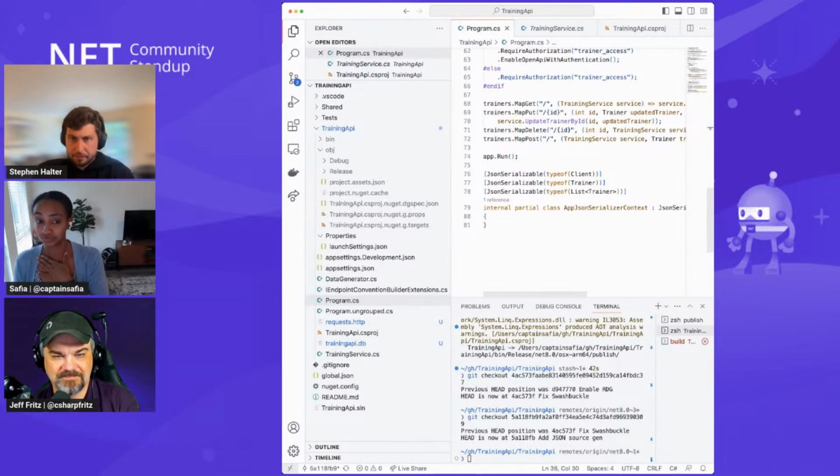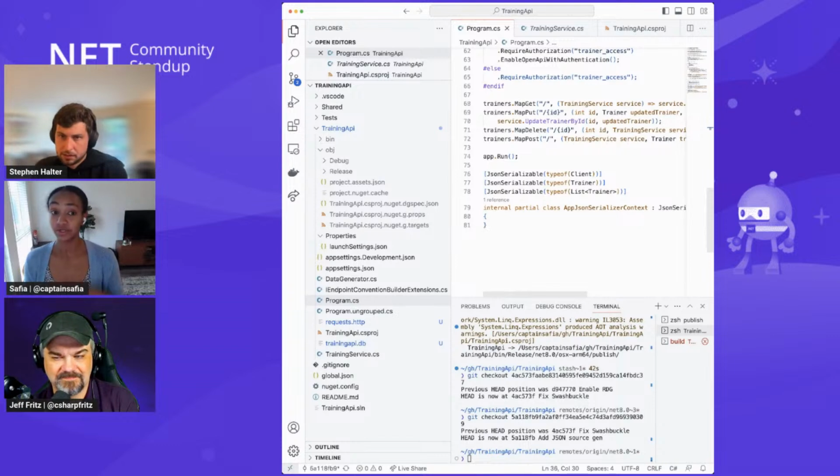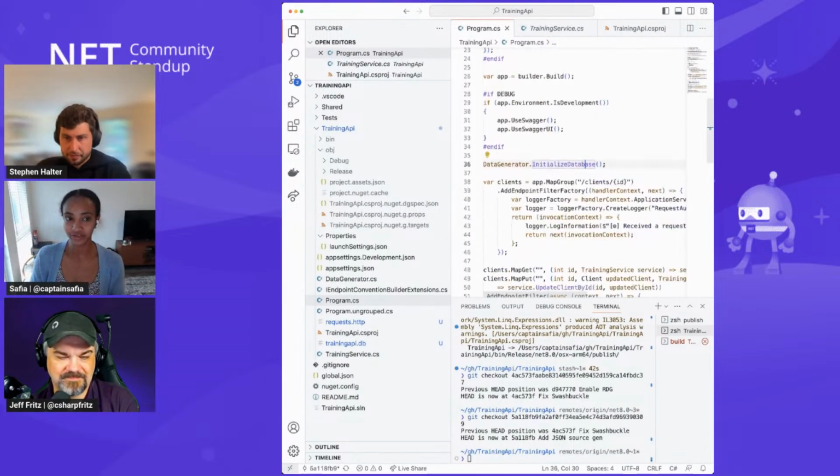There are wonderful docs on how you can enable the JSON source generator in your application. And so that was the process for me taking my .NET 7 app and then making it native AoT friendly with .NET 8. And that just covers making things compatible. There are also new APIs that we introduced in .NET 8 to make your application size smaller.